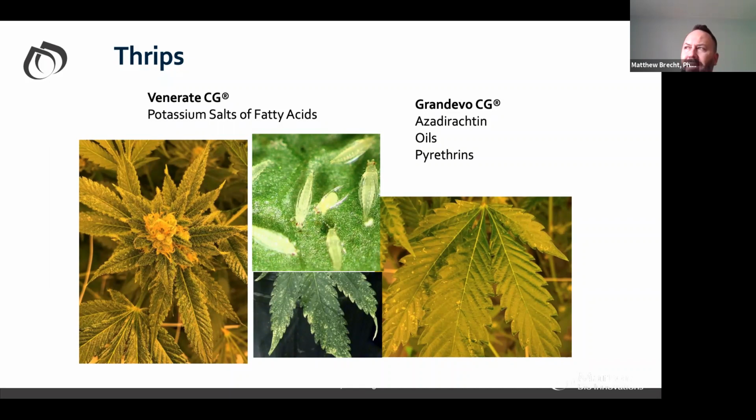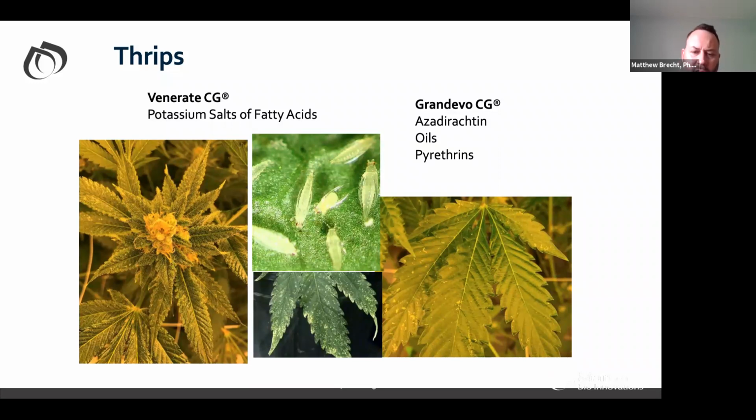Small populations inside a greenhouse don't have a real effect on your yield. So don't freak out if you have some of these guys. What you're looking for in order to see them, maybe you'll see some of the symptoms or the signs, or you'll see on the leaf some little whitish speckling. That's basically the way the mouth parts rasp around and dig out the leaf in order for them to feed on it.